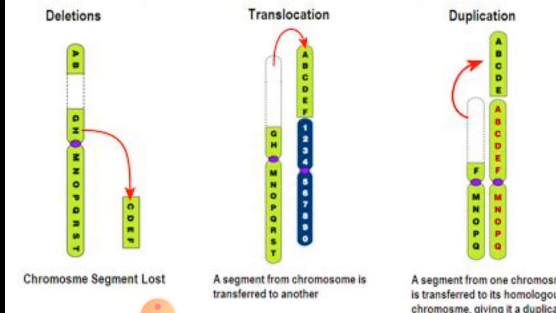So a segment of a longer chromosome remains unpaired in the terminal deletion and forms a loop in the intercalary deletion. Now an example is Cri-du-chat syndrome. This results from deletion of half of the short arm of chromosome number 5 in humans. In this case, the cry of an infant having this resembles the sound of a cat in pain. That is why the name Cri-du-chat syndrome.